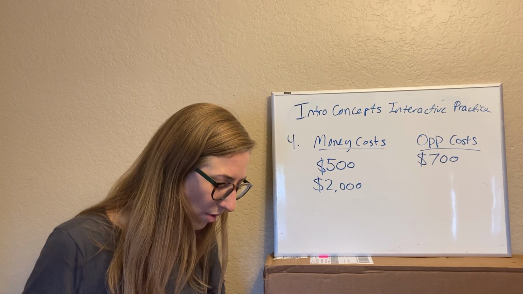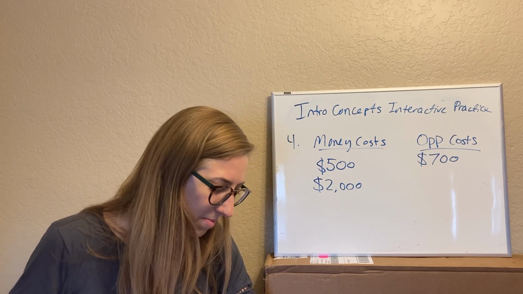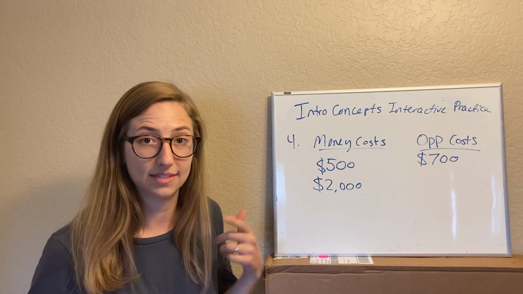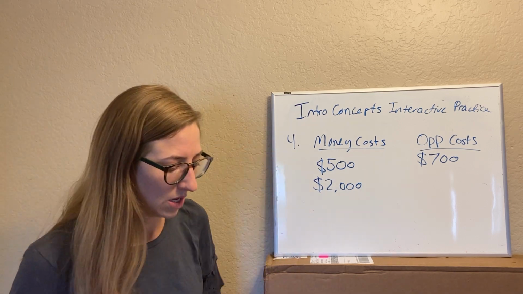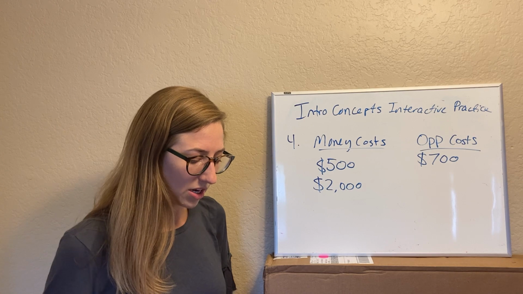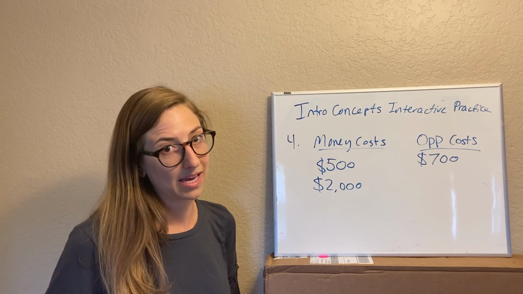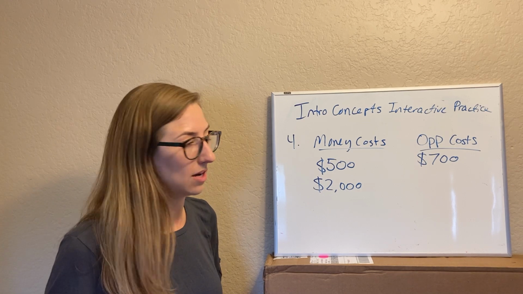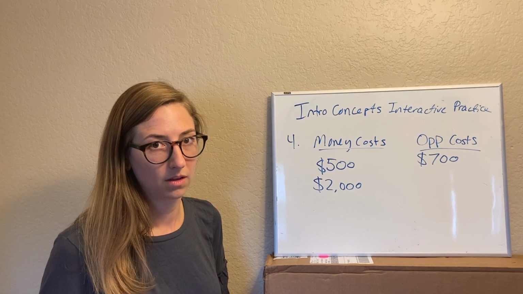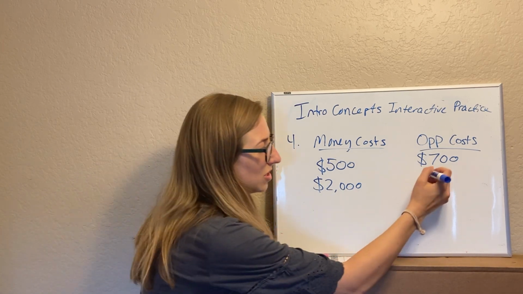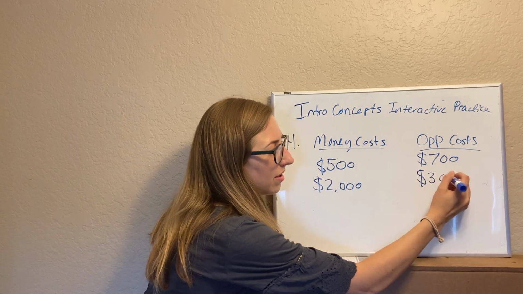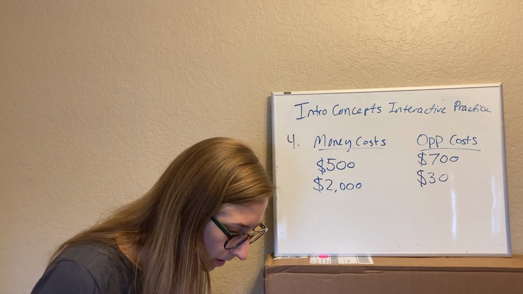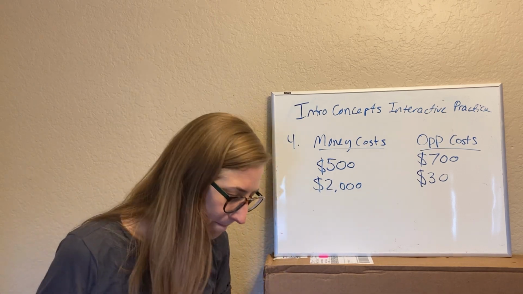Okay, and then the bank would have paid her $30 of interest per month if she'd left that money in the bank instead of using it to start her business. So the $30 of interest that she doesn't make because she used this money instead of leaving it in the bank is a money cost or an opportunity cost? Yeah, it's an opportunity cost. She misses out on these $30 a month by using that money instead of leaving it in the bank, because the bank pays her to save her money.